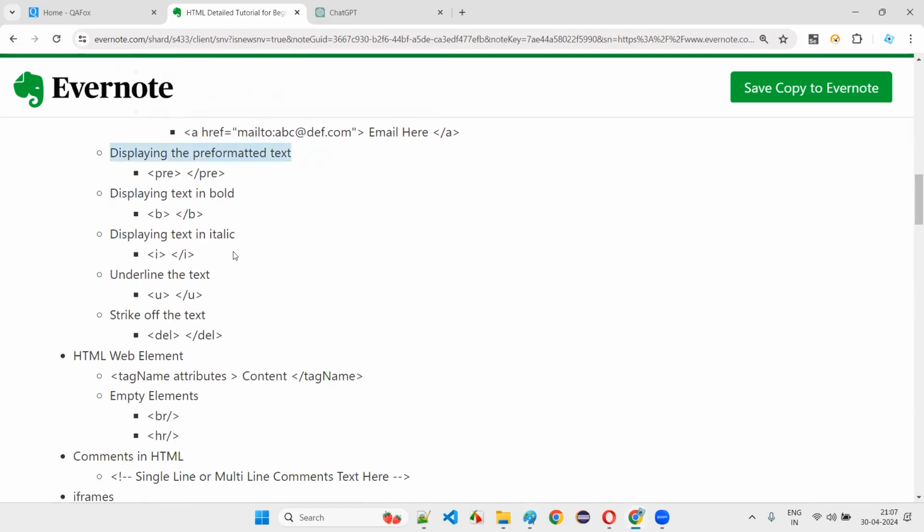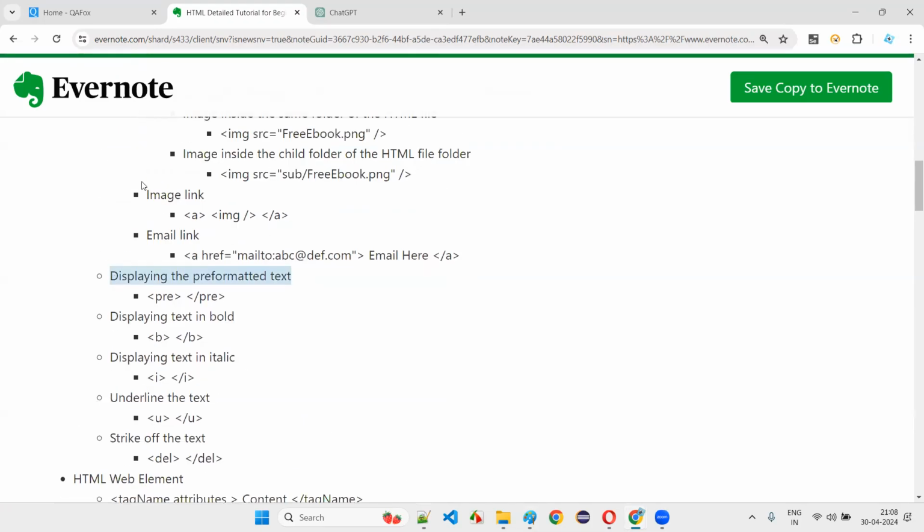Then displaying the preformat text, we'll see. Okay, I'll skip something. These skipped things will be covered on the weekends as part of R&D sessions. You can attend them if you want. But for now, we are learning HTML for locators, which are required for Selenium automation. If you want to understand the locators, you have to understand HTML. That's the reason I'm covering HTML first.